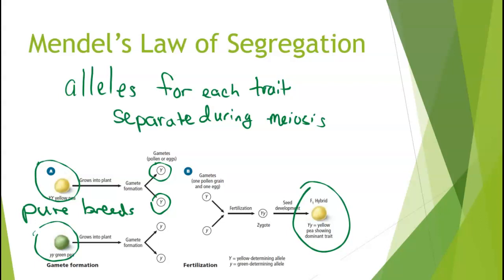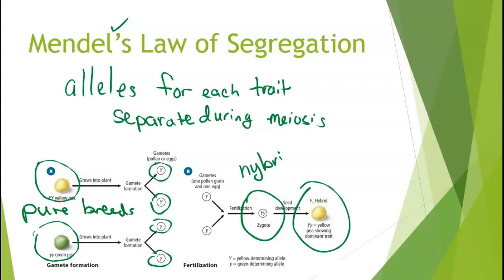And you can produce pollen or eggs, pollen being the male sex cells that are produced by the flower, and then little y. And what Mendel was able to do was go through and select a yellow pea plant, grab the pollen from it, and put it on the female parts of a green plant, and then vice versa. Take the pollen from a green plant and put it on the female parts of a flower. And what you end up with, because you're only going to be able to have pollen with one or the other allele depending on which plant you're using, all of the resulting zygotes are going to be